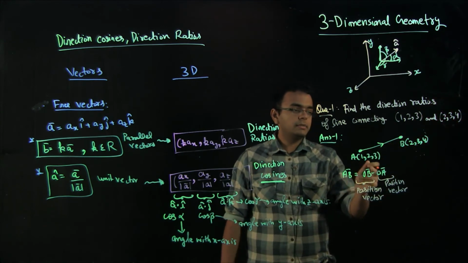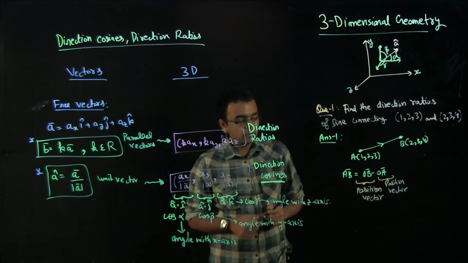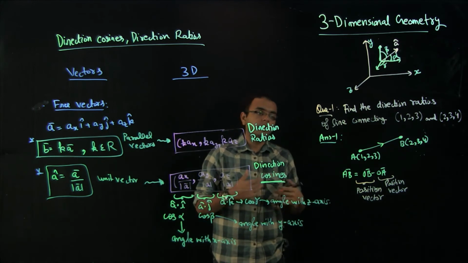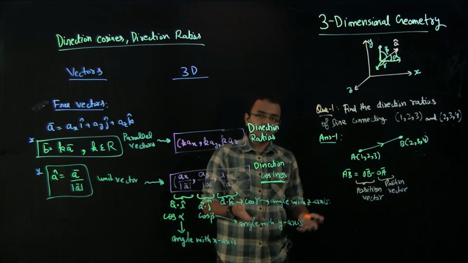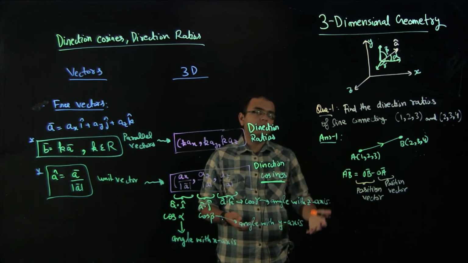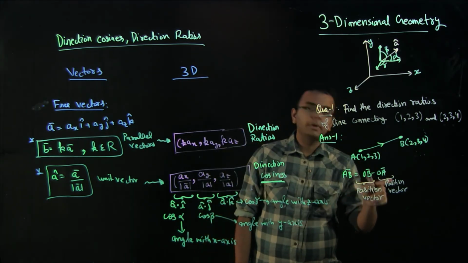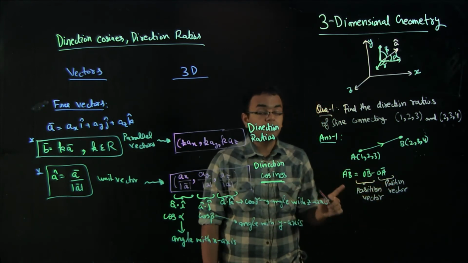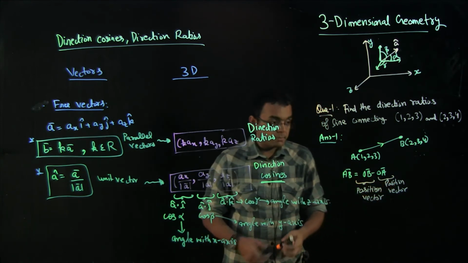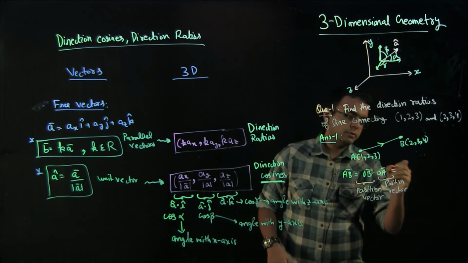and k cap. And similarly, the OA vector is the position vector connecting the origin to point A, and it's i cap plus 2j cap plus 3k cap. And when you subtract this, you will get the AB vector. So to get the AB vector, you first subtract the OB vector minus the OA vector. We have discussed this in great length in vectors. So in case you are not familiar, please do check those videos out.